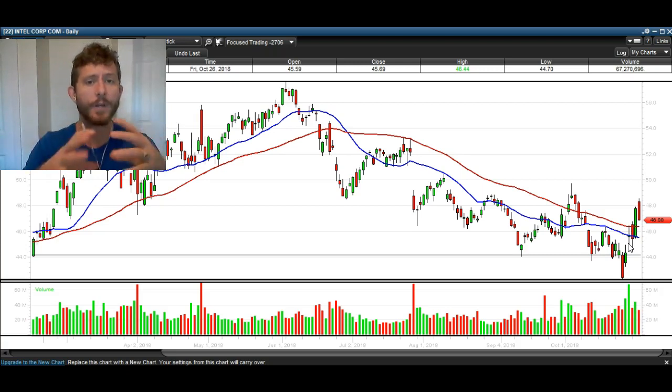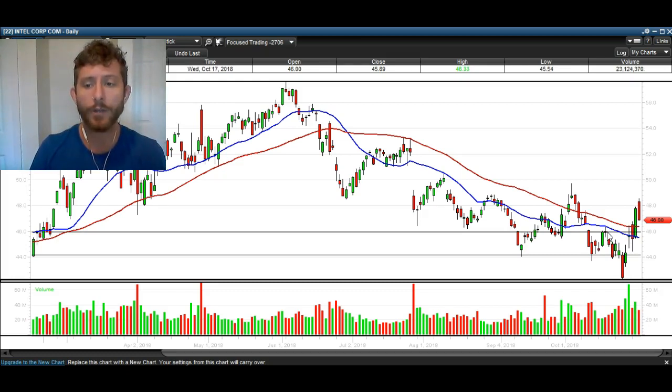If you can get a setup here on the chart that aligns with earnings, it's very, very powerful. So keep that in mind. I think that if we can get it down into about 46 bucks, I think that'd be a good buy